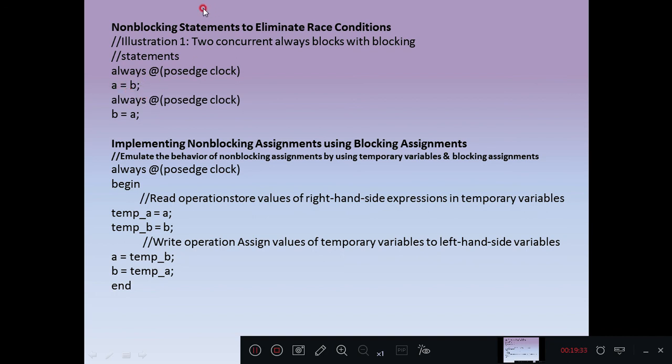The same thing we are trying to implement with the help of blocking statements using two always blocks and by using temporary variables to avoid data loss, to perform exchange of data using blocking statements. If you use non-blocking statements, it becomes simple: a less than equal to b and b less than equal to a. So a and b are updated simultaneously with values of